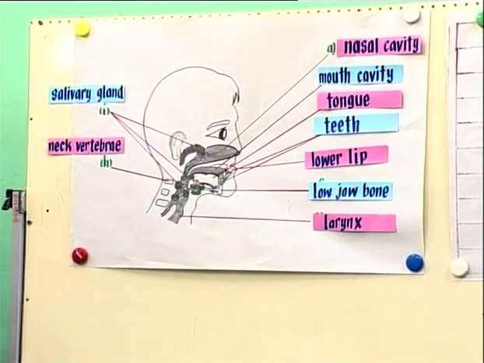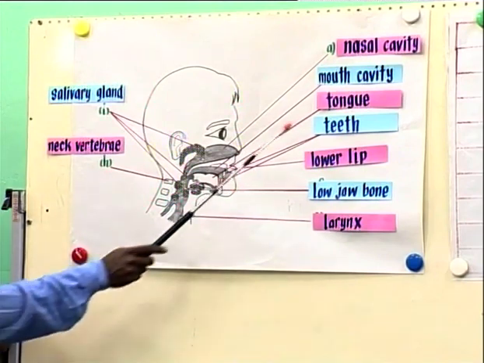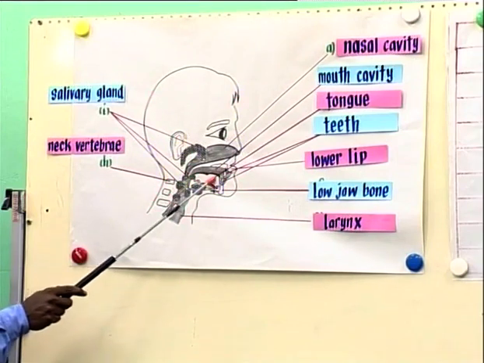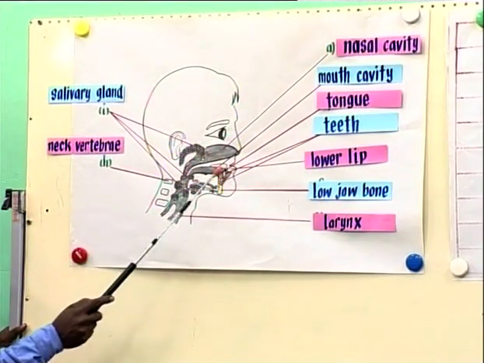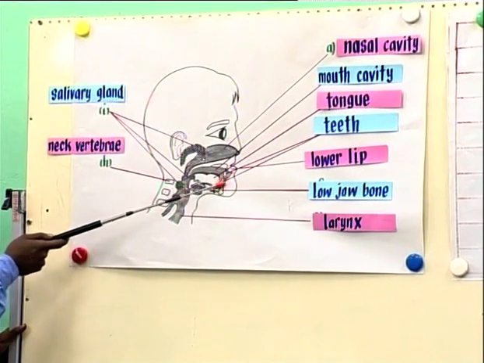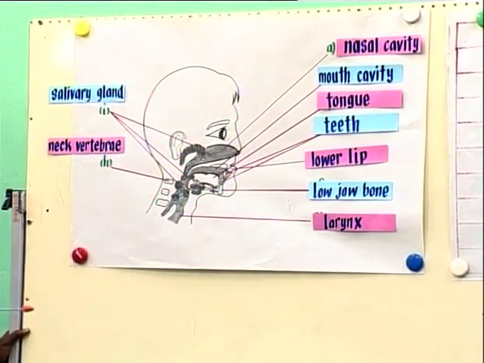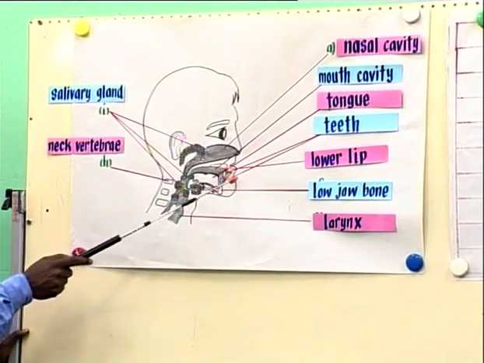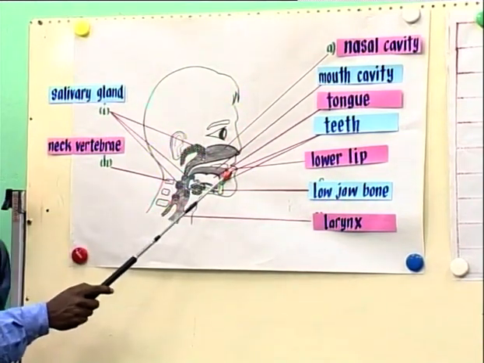Nasal cavity and mouth cavity are the terms for probably say nose or nostrils. And mouth cavity is, of course, the mouth itself. When you open up your mouth, that's the cavity. Mouth cavity covers the whole part. Okay, and of course we have the diagram of the tongue there. This space here, that's the tongue. And we have the teeth there, those white spots there. These two white spots representing the upper teeth and the lower teeth. Of course, we have the lower lip there and upper lip. But on the diagram, we have the lower lip.